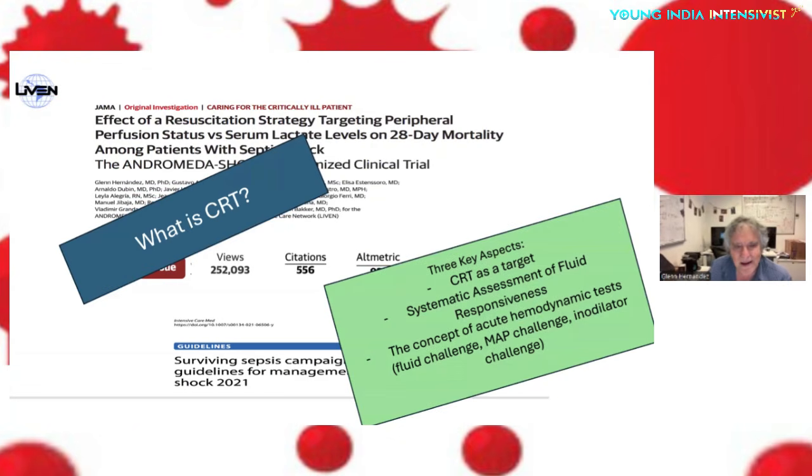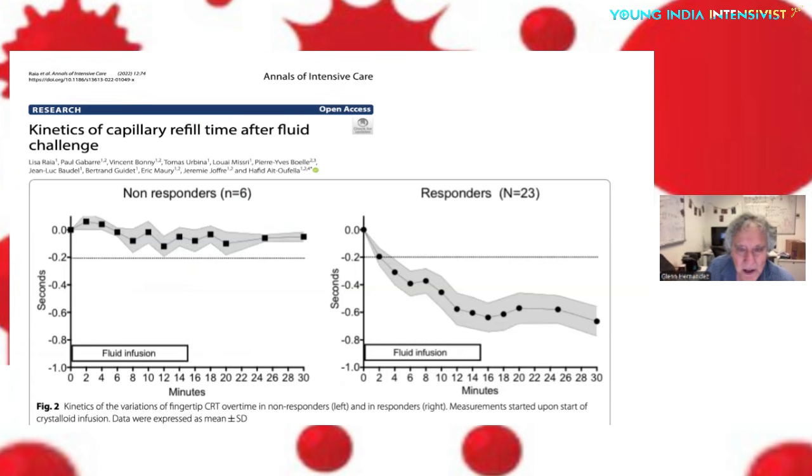But there is something very interesting and a little bit funny, I would say: when we designed and conducted Andromeda Shock, the original study, we had no clue about what CRT was. No clue. I mean, what is CRT? We could not have responded to this question. But very importantly, we know now that it is related to flow and to the